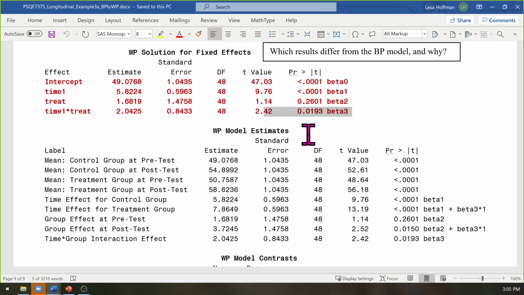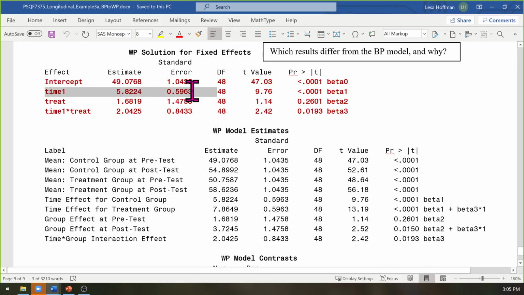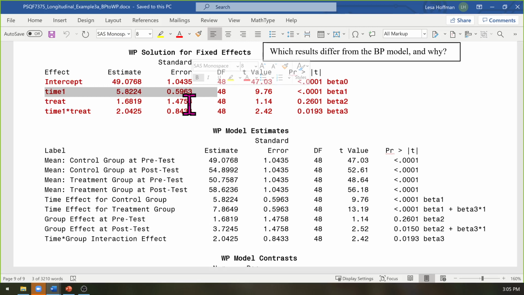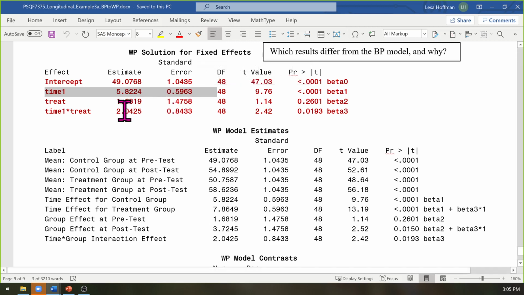For level 1 predictors, the results are better after controlling for the dependency because the part of the variance that's irrelevant no longer contributes to the standard error. So the effective time here is differences between pre-test and post-test. That has nothing to do with mean differences between persons. So mean differences between persons, which we've partialed out into a separate pile, don't contribute to that test anymore, and they shouldn't. It's irrelevant. So we end up with a different inference because standard errors come from the model for the variance.